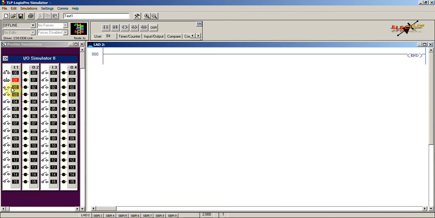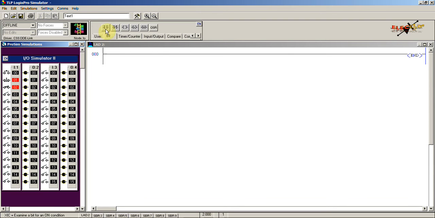When the package moves to this limit switch, it will get opened like this. So we have three inputs over here. This is the start push button, and this is the stop push button, and this is the limit switch which is initially closed. So by using these three inputs we are going to control the output.